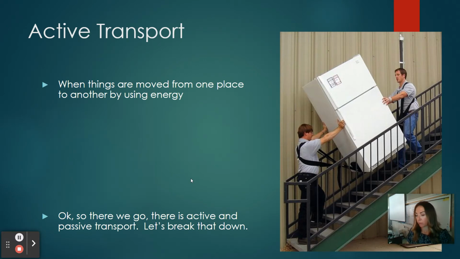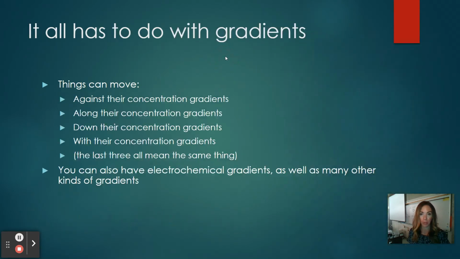So active and passive. That's the big idea, but let's look at the nitty gritty details, because that just sounds too simple. It all has to do with what we call a concentration gradient. I like to think of the word grades when I think of gradient, and I'll tell you why, my mnemonic device. This is my analogy with gradients, if you think about your grade. If I'm going against the concentration gradient,